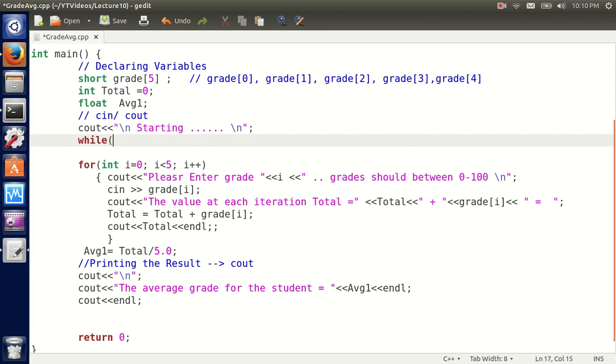But how am I going to check? Okay, while answer equals